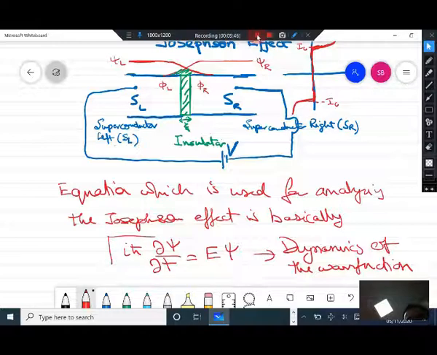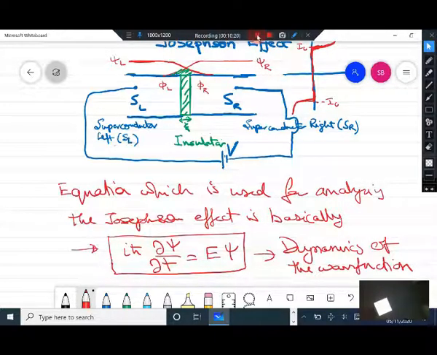This particular equation governs the dynamics of the wave function, and because there is a leaking of the wave function from the right into the left and from the left into the right, the wave function is going to get modified, because a little bit from the right side is going to come into the left side, and a little bit from the left side is finally going to come into the right side, and therefore the wave functions on each side will get perturbed and modified because of this leaking part which enters into the system. So in a time dependent way the wave functions will evolve, and as a result this is going to be the equation which will govern the dynamics of the wave function, this Schrodinger's equation. This is the starting equation.